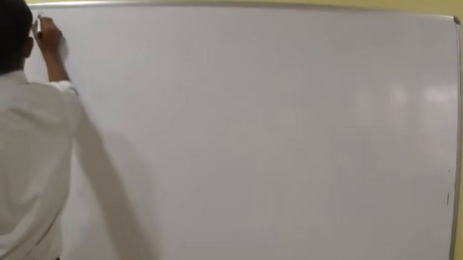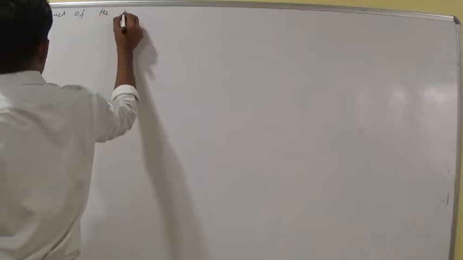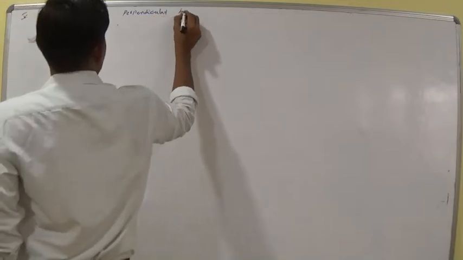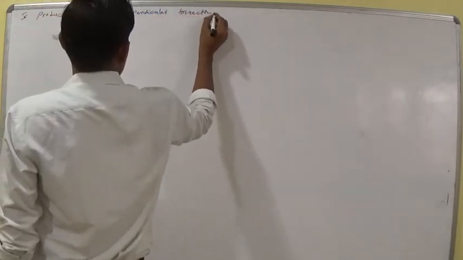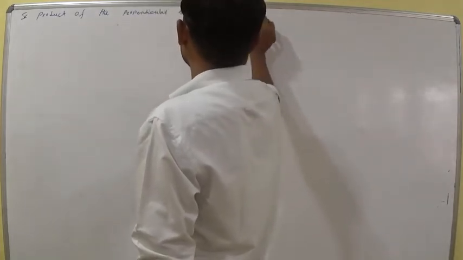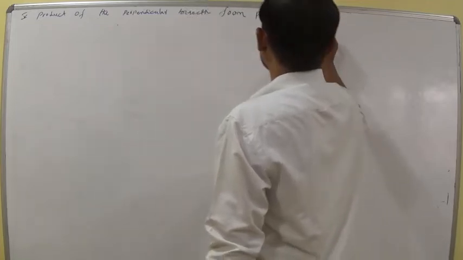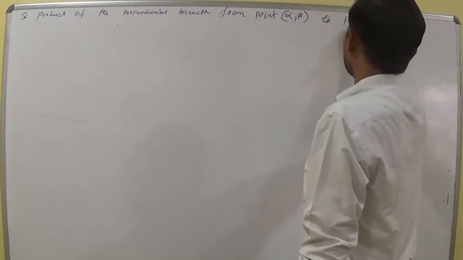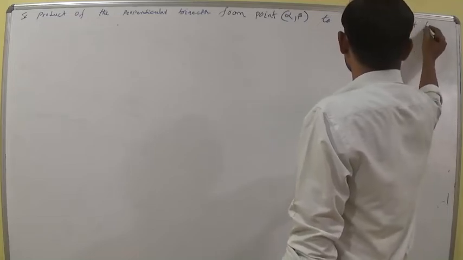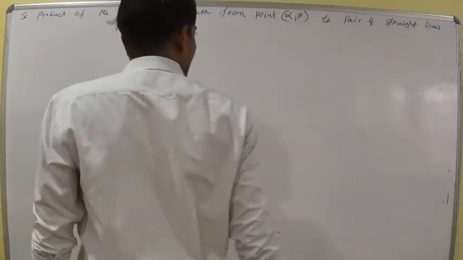Now fifth one, the product of the perpendicular bisectors from point alpha comma beta to a pair of straight lines is